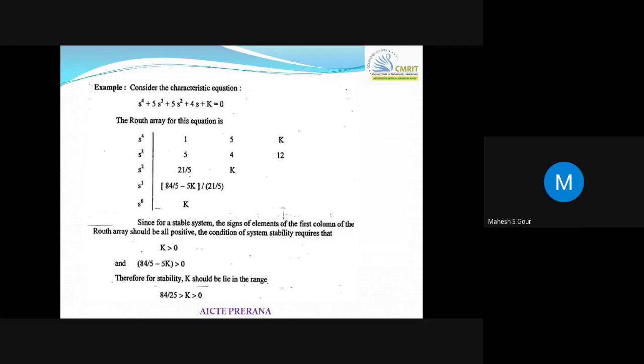So what do you want finally? If they ask you some other questions, this is needed in the root locus also. See what they will give in the question. You need to find the value of k for which the system should be stable. What is the value of k for the system to be stable? So you have to again solve it in the basic way. First coefficient here, second here, third and fourth here, right?